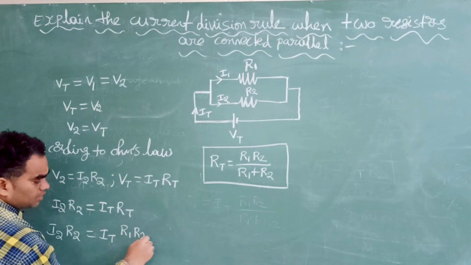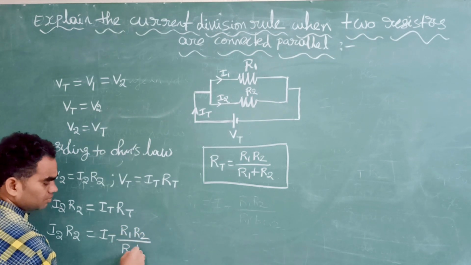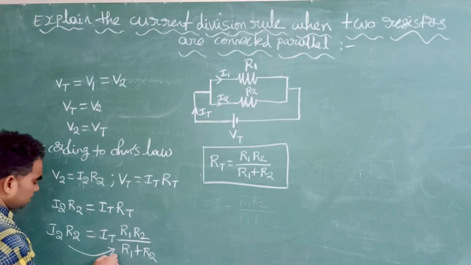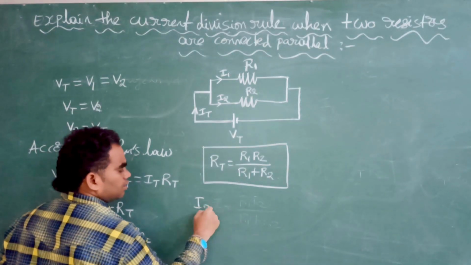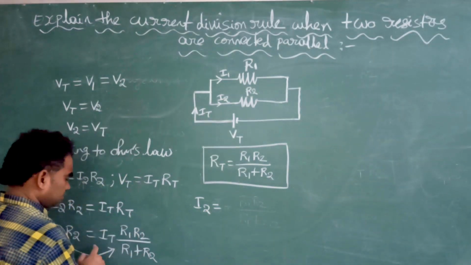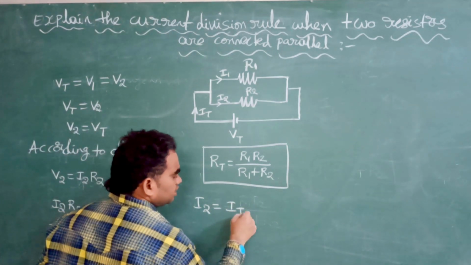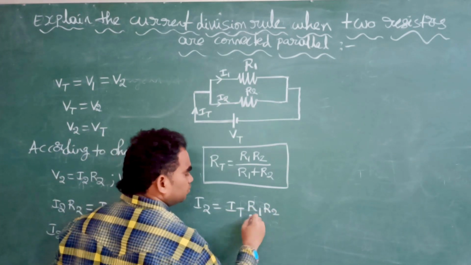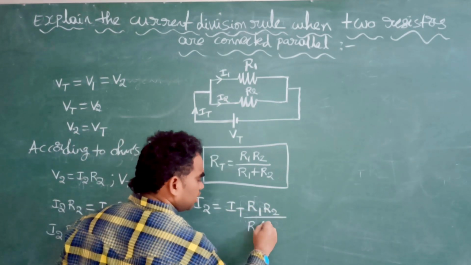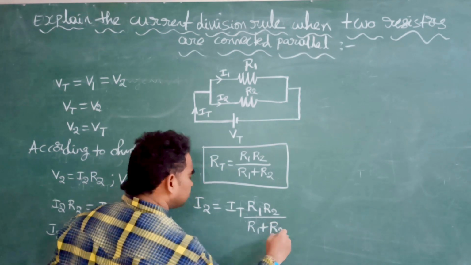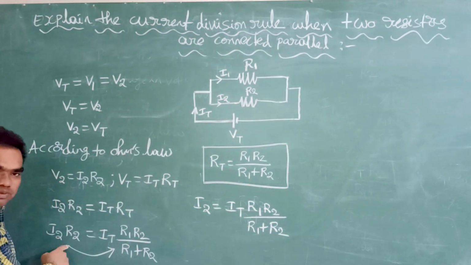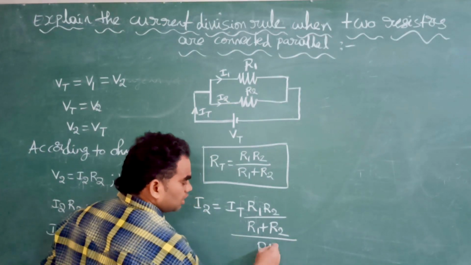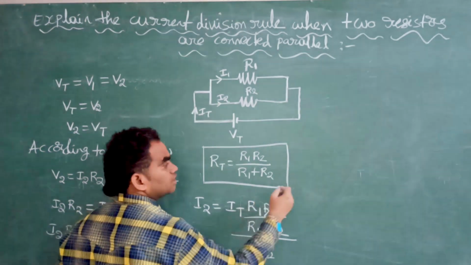This R2 comes to this side, and it will be division. R2 will be cancelled. The remaining value is